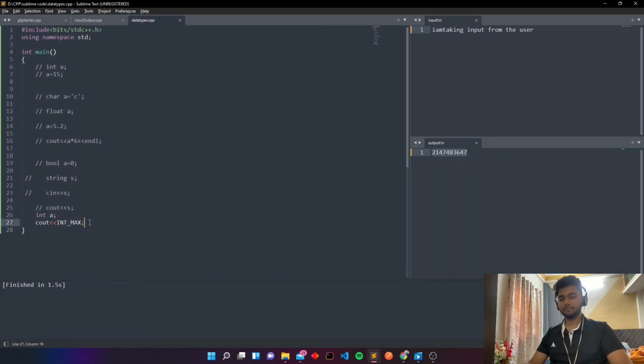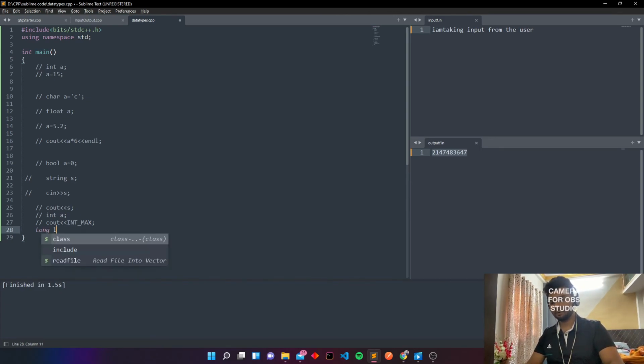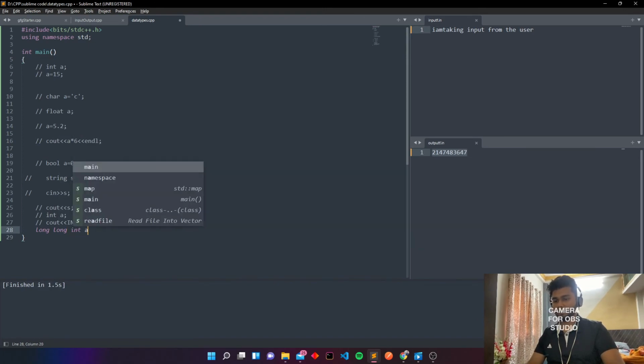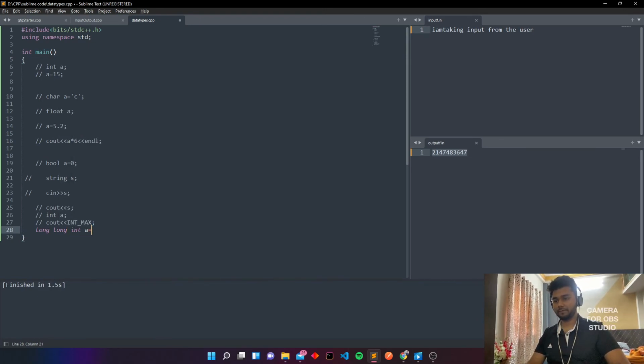But in some questions on Codeforces, you will find that the range will be more than that, that is 10 raised to 18. In that case, we use long int. So long int a is equal to 15. This will also work as an integer, but the range of the numbers will be increased.